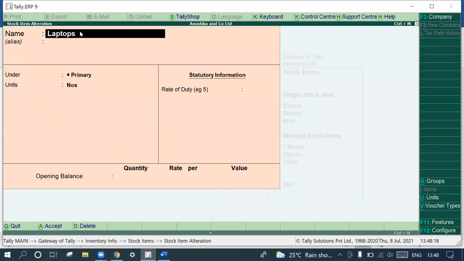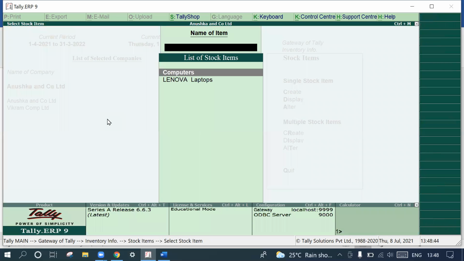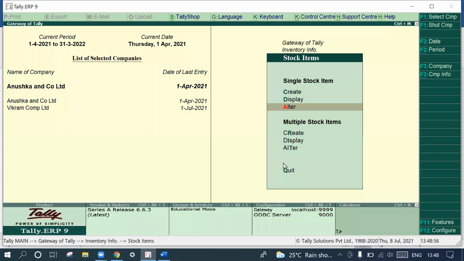We have two laptops, for example HCL or Lenovo laptops. We have changed. Enter. See, here you see, Lenovo laptops. In this way, we can alter the ledgers, we can alter stock items, and